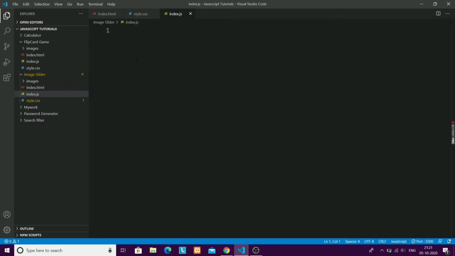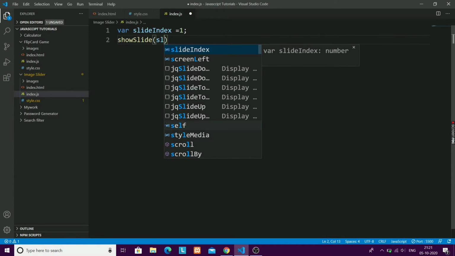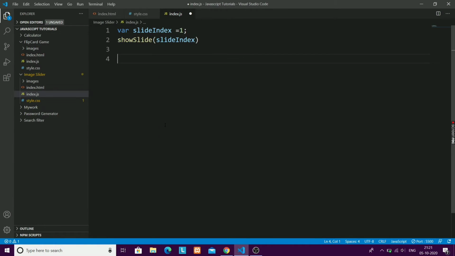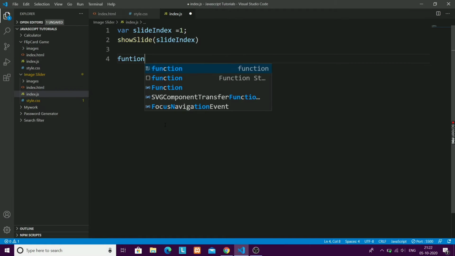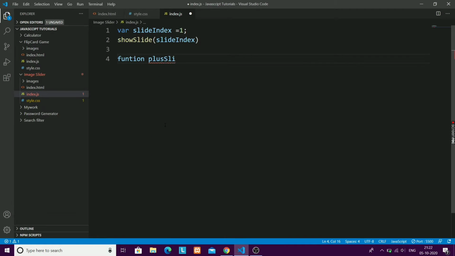Now I will just make index.js so that I can give the brain to this image slider. I will just give the slide index as 1. By default it will be set to 1, because when someone visits this site it will be 1. So I will make a function showSlides, and it will have slide index inside it as an argument. The function plusSlides that we have mentioned in our HTML file will just do showSlides(slideIndex